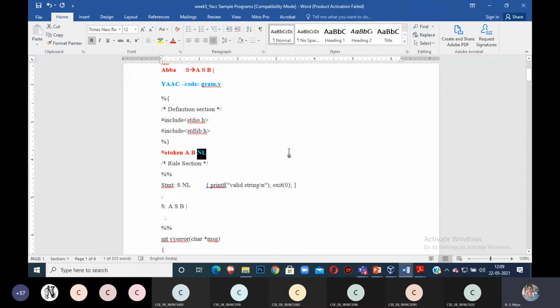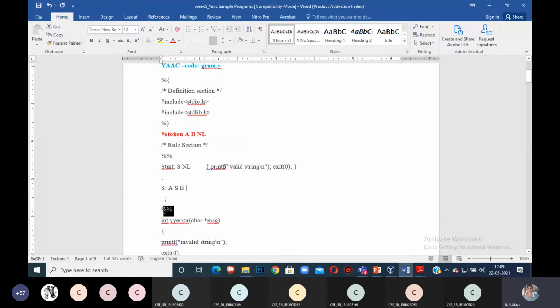The rule section starts with percentage, and then the rule section ends. Between these you have to write your grammar. What grammar do I have to write? This is the grammar. The representation of the rule section is grammar followed by action. When the grammar is satisfied, the action is executed. How it is satisfied and how the action works in detail, I will explain in the Tuesday class. We are doing shift and reduce parsing, which is applied in the rule section to match my given input.